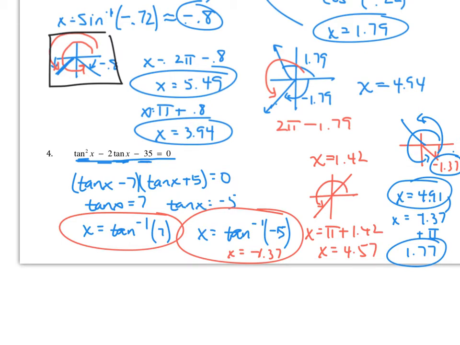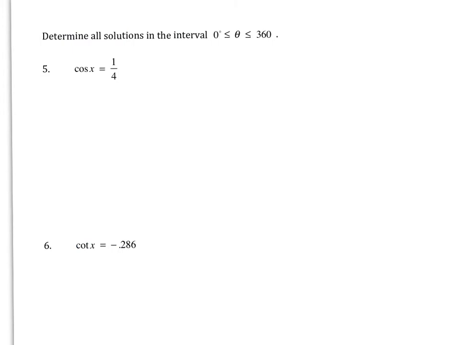All right, page 2. Okay, one of the first things I need you to notice is the directions talk about finding the solutions that are on the interval from 0 degrees to 360 degrees. So the first thing you're going to have to do is change your mode on your calculator to degrees versus radians. Otherwise, it's not going to work. Okay. Otherwise, we've practiced this a little bit already. You are going to do the cosine inverse of 1/4 on your calculator. Hit enter, and you should end up with, if we round to 1 decimal place,